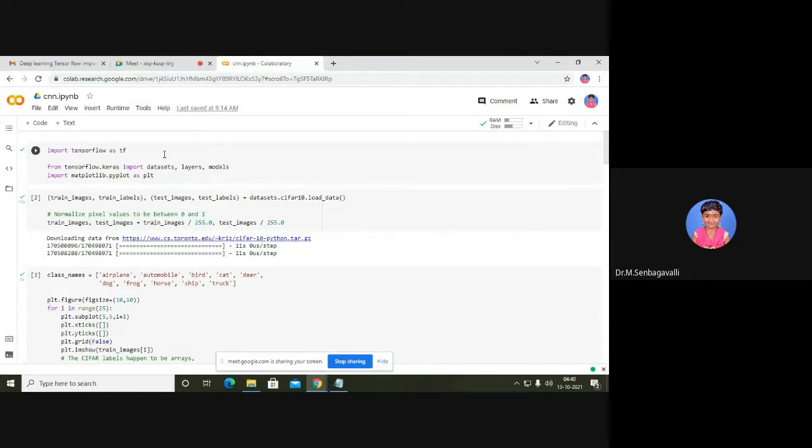So in a neural network, we have a layer called the convolutional layer. In that convolutional neural network, we have the following layers. First is the convolutional layer, second is the pooling layer, third is the dense layer. The convolutional layer in a CNN summarizes the presence of features in an input image. The pooling layer provides an approach to downsampling feature maps by summarizing the presence of features in patches of the feature map, which means it will be doing the matching process.